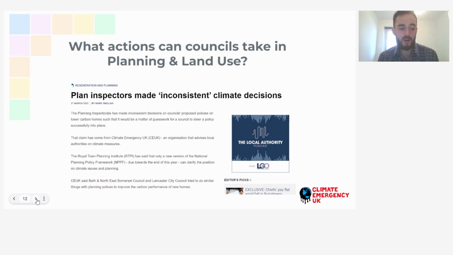So there are some pioneering councils in the UK and actually across the world, including Vancouver, Bath and North East Somerset, Merton, Cornwall, Central Lincolnshire, that go beyond the UK building regulations in their local plans to push for net zero for operational emissions of new builds. And that makes a huge difference to housing emissions. It means any new build housing